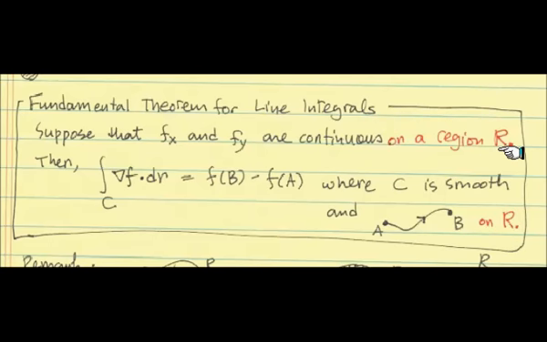The first condition is the open region, whether it's connected or not. And we have continuous first-order partial derivatives, such that we have a chain rule. The chain rule allows us to write this usually more involved calculation, a line integral for a vector field, simply like this. Whenever C lies in the region, so A and B must be in the connected region, the integral along the path is completely determined by the values at the endpoints, where this f is called the potential function relative to the vector field.